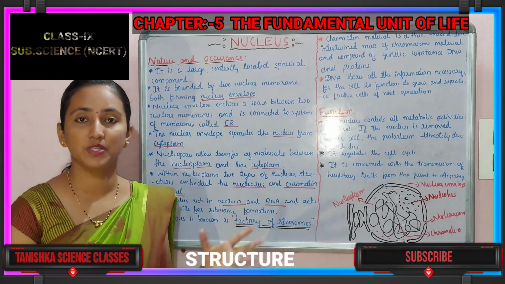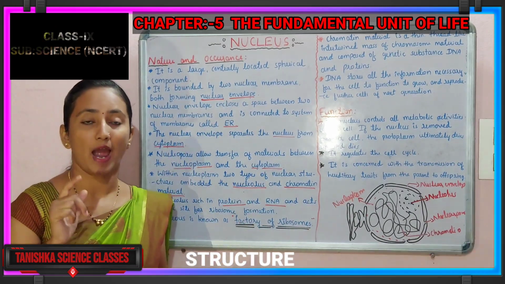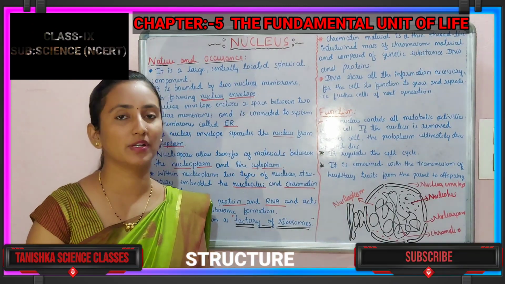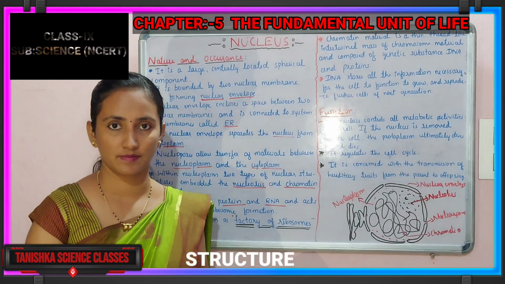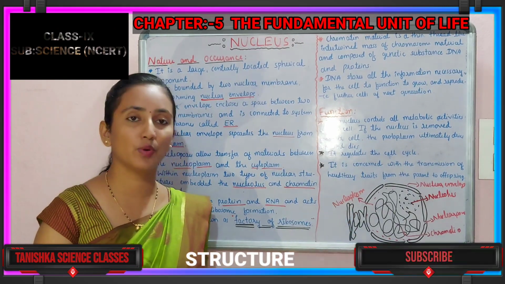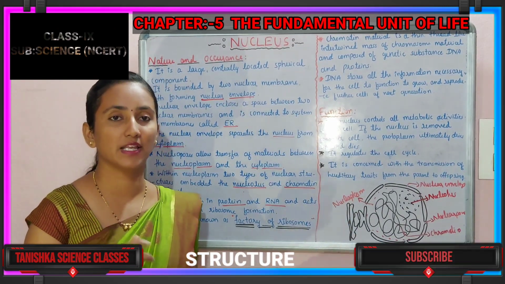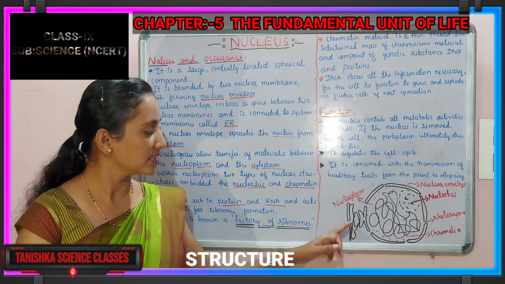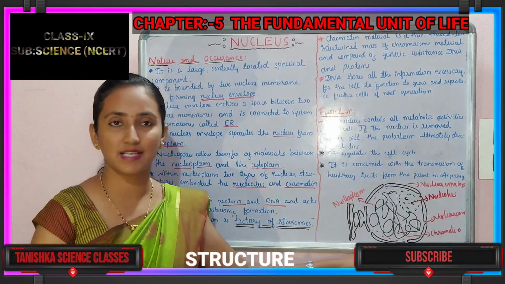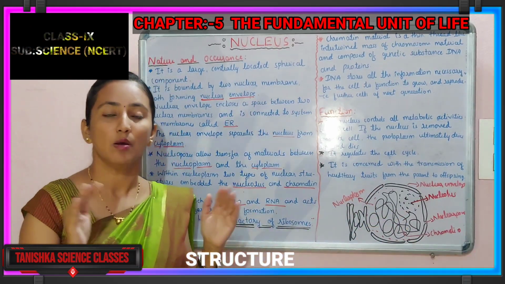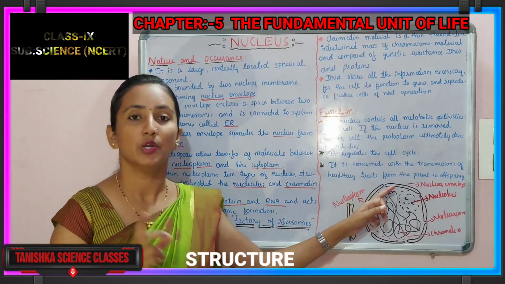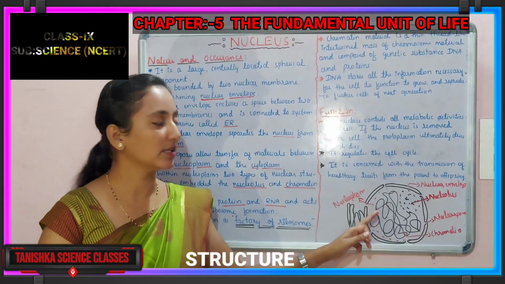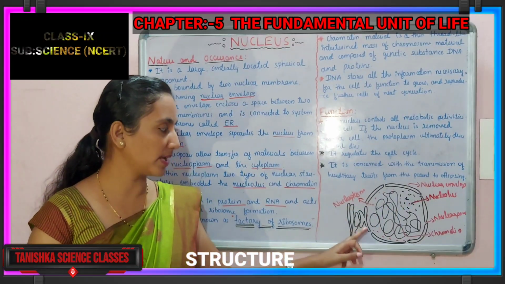If you observe the cell under the microscope, at the center of the cell we will observe a spherical component. That spherical component is nothing but the nucleus. I have drawn the nucleus structure on the board, you can observe here. It is spherical in shape, and what parts does it contain? See here. It is bounded by membranes, and two membranes are bonded together and form the nuclear envelope. Inside that there is chromatin material, the nucleolus and the protoplasm.